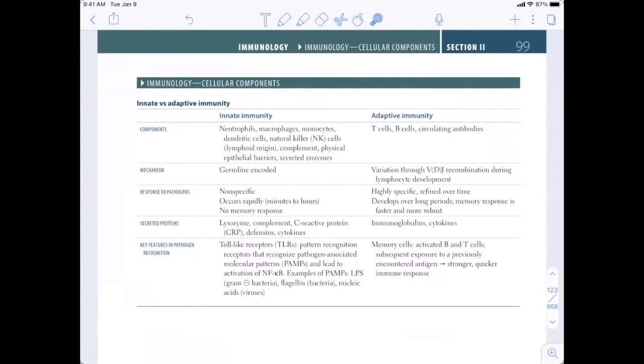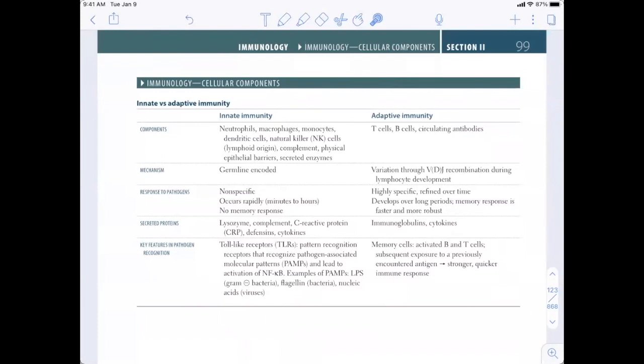So what are the components of your innate immunity? Your neutrophils. A lot of times things happen and we have no idea, right? The reason why a lot of times we don't get sick is because your innate immune system is working, right? You get exposed to a whole bunch of stuff every day, but you have no clue about it because you have a functioning innate immune system that does all the fighting for you, and you have no clue, all